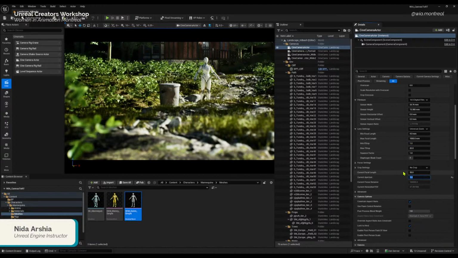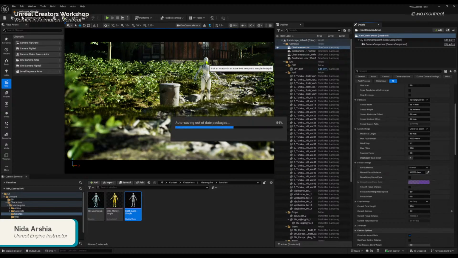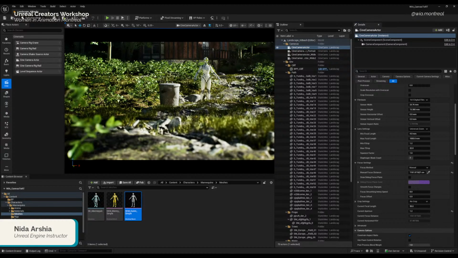And now let's set the focus. So the depth of field is very strong right now. Now coming to focus, we are going to open this focus setting. Now we have a focus method which has some options. The first one by default is going to be manual. So you select the subject where you want to focus, and you can enter the distance. You can take this picker and select, okay, I want to set a focus on this mannequin. So whatever distance it is from the camera, that's going to be input here. And now you can see that the mannequin is in focus.